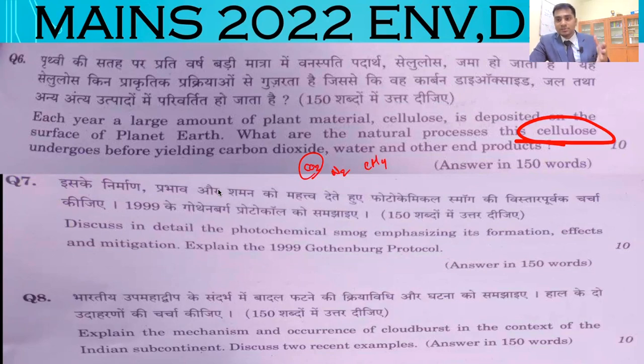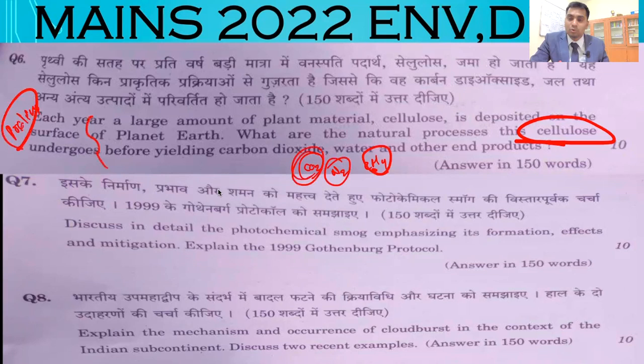Though you don't know exactly how a plant cell is going to degrade, at least you can get some knowledge from the carbon dioxide cycle or the methane cycle. In your prelims itself, you study this. Again, no test series will give this type of questions. As a result, don't worry if these questions are asked. You are not going to be in a disadvantaged position because of these questions. You are having equal weightage to others, right?